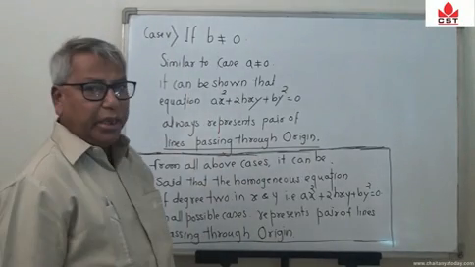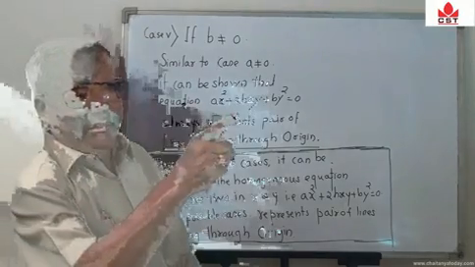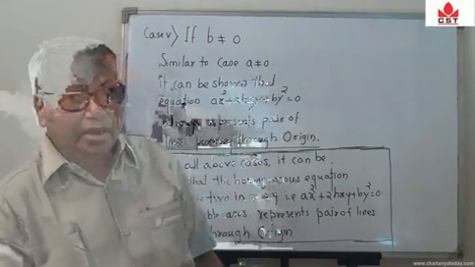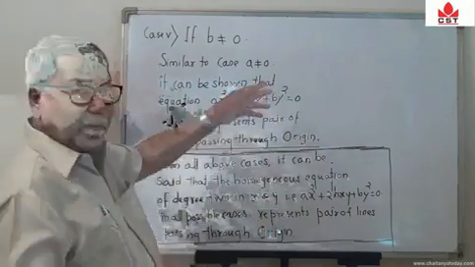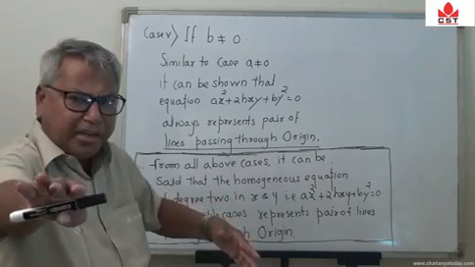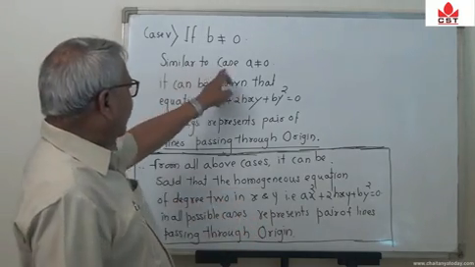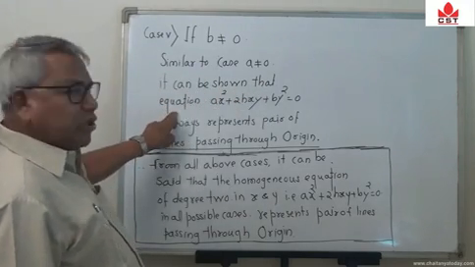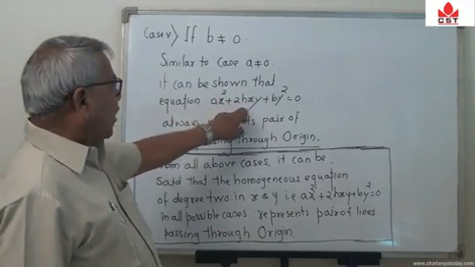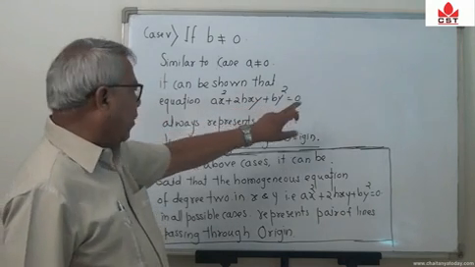Next, that is case 5. There, what we have done: multiplying both sides by a, then making the complete square. Here, what to do? Complete the last two terms into a complete square, and then continue the same, no need of writing again in the theorem. Similar to the case a is not equal to 0, it can be shown that the equation ax square plus 2hxy plus by square equal to 0, all